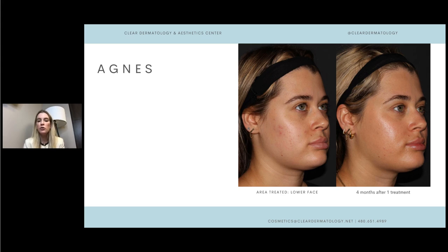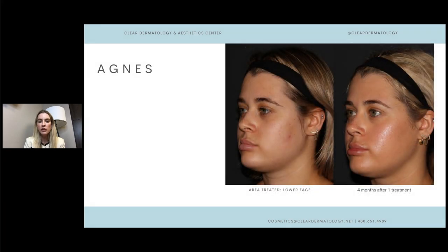And look how much more contoured her cheeks look, even though I just treated around her jawline and a little bit under her chin to help sharpen the jawline and melt the fat in that area. So it can completely reshape the face, but in a natural and beautiful and feminine way. Feminine in females. I also do this on